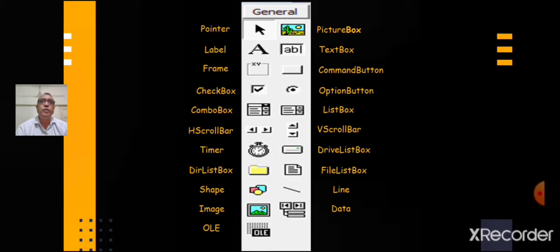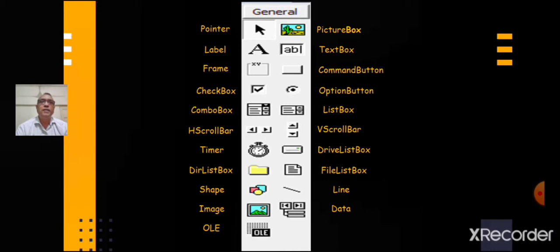Line is used to draw line to the form. Image is used to display images such as icons, bitmaps and metafiles. Label displays a text that the user cannot modify or interact with.